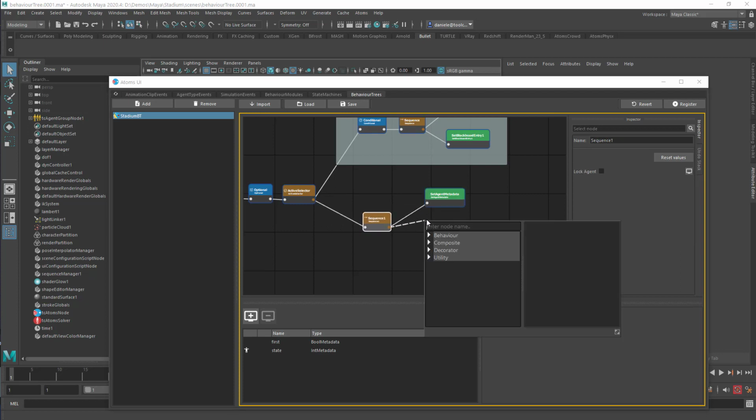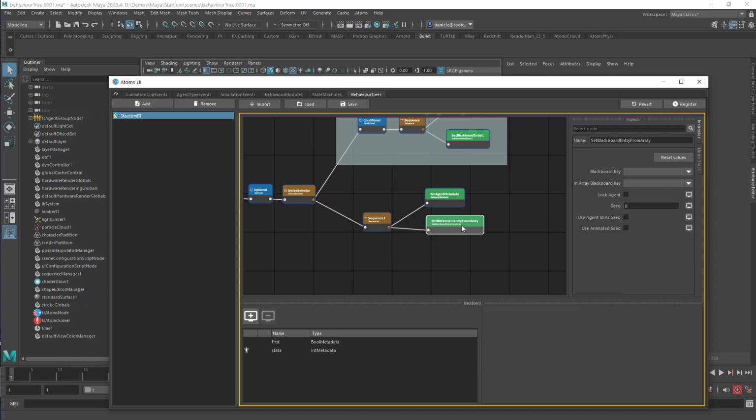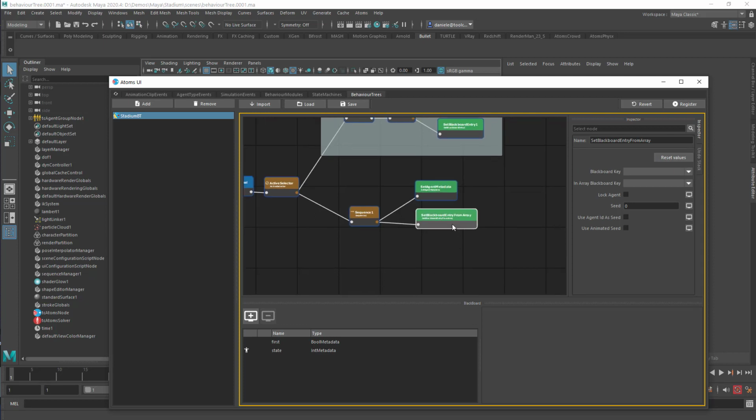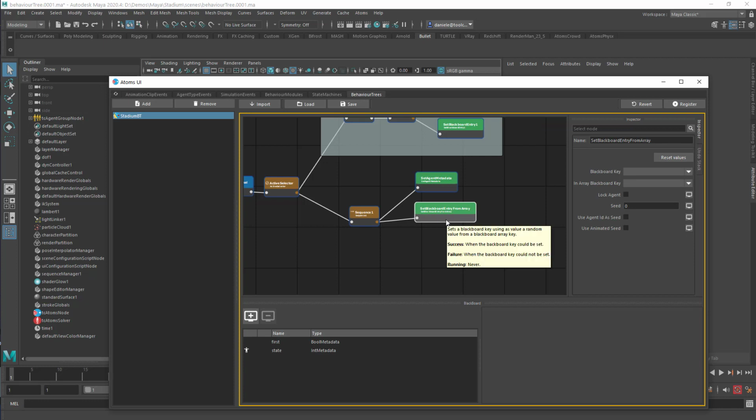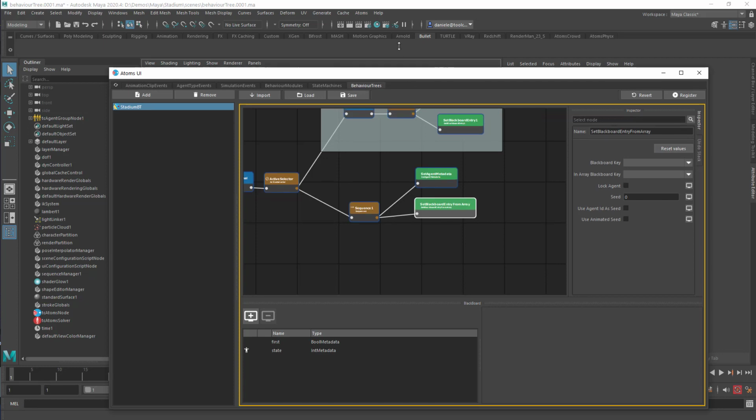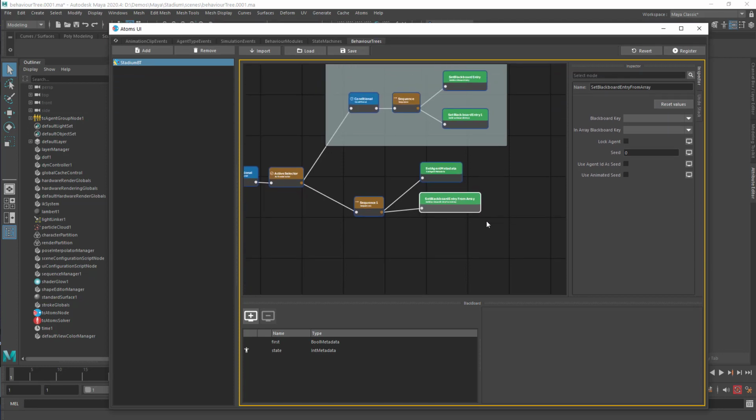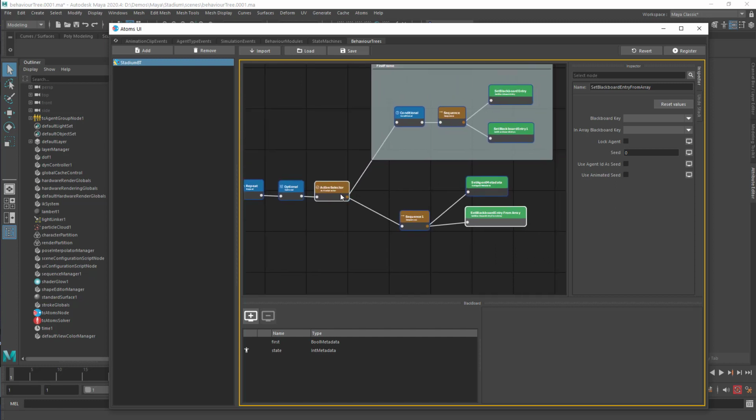Then here what we want to do is set a blackboard entry from array. So basically what we want to do is pick a random state from a list that we're going to define now, and we're going to pick an element from that random list and set it as the state of the agent. One thing before I forget, it is always very important how you lay out your behavior tree,